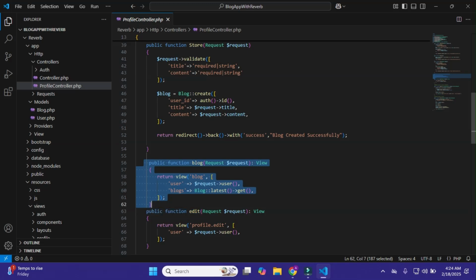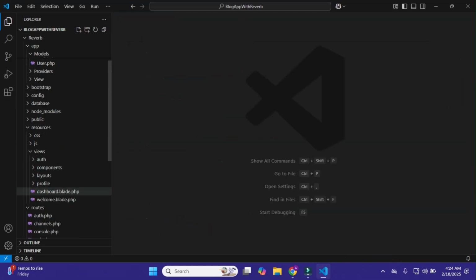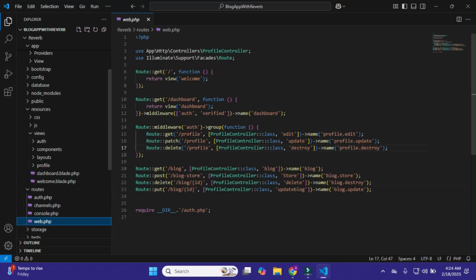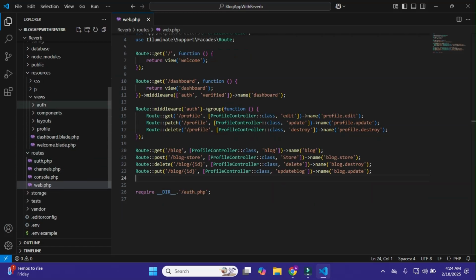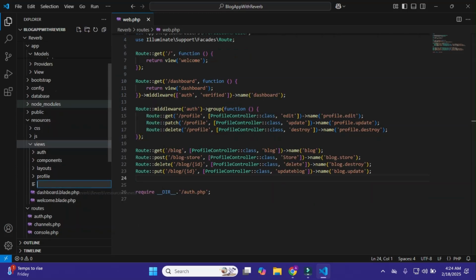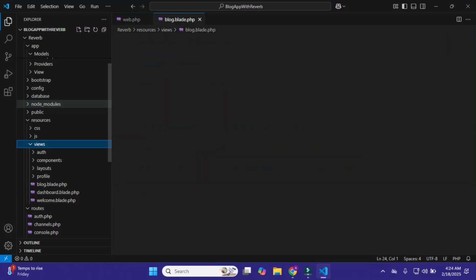So what we have to do is also define the route here, that is /blog. Okay, so we do one thing: I'll left click on views and make a view that is blog.blade.php.